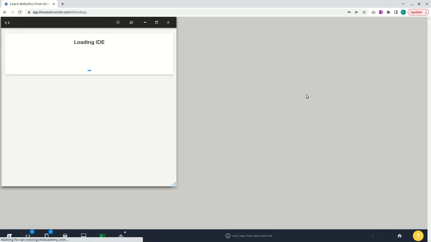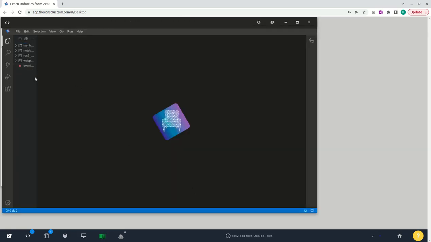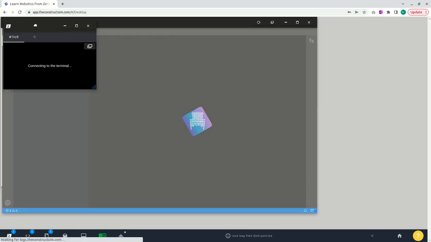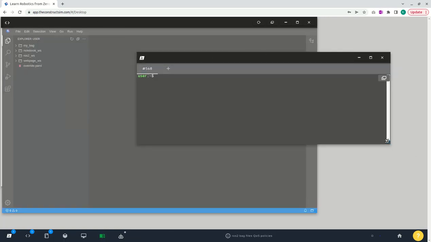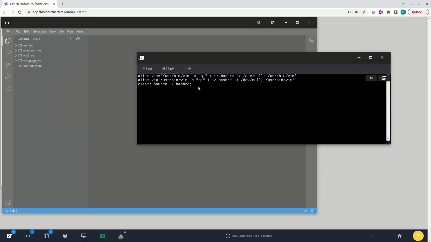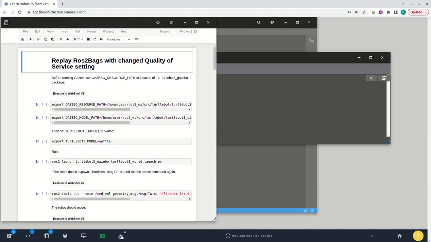All right, so I will be using the IDE, and I will also be needing a web shell. Actually, 3 of them. By default, when you open the ROSject, you will have a notebook like this with the instructions to follow along. The first thing I will do is